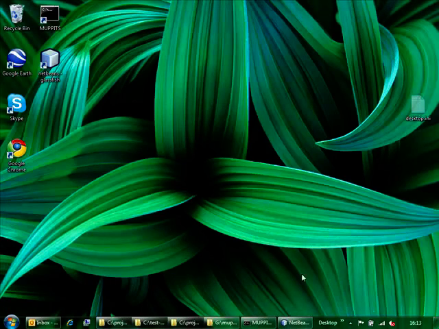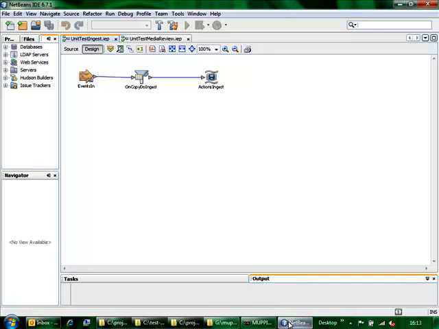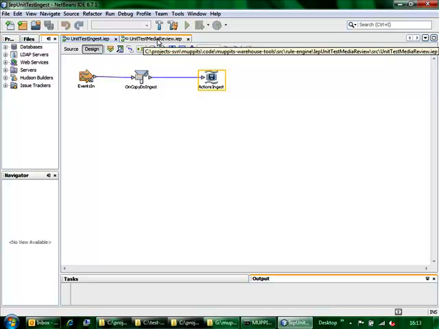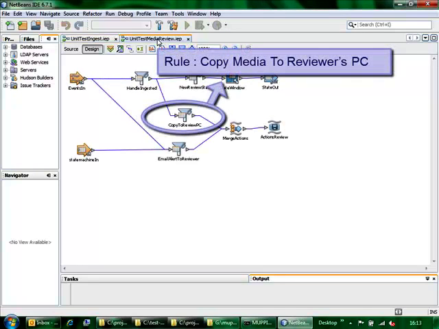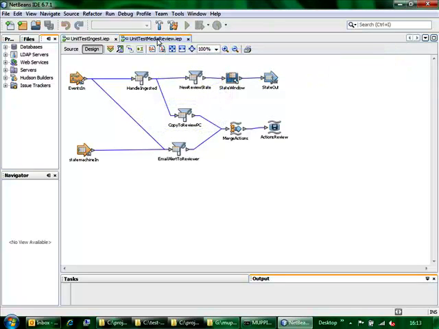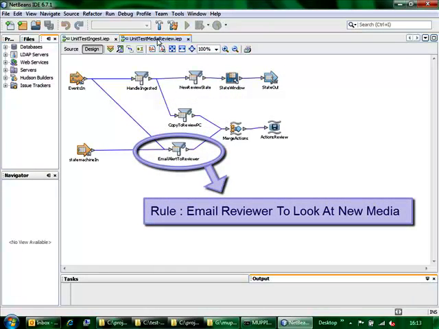For automation, we can set up a number of rules which allow us to respond to different events and do different processing actions. We use a graphical tool to display the rules. You can see it's a kind of event flow showing events from the left to the right. Here we have a rule for copying media to the reviewer's PC whenever it's ingested. And after that copy is finished, we then email the reviewer to tell the person to have a look at